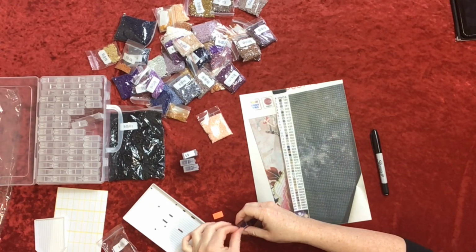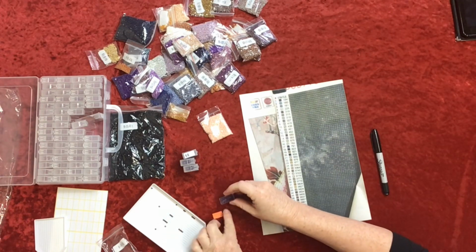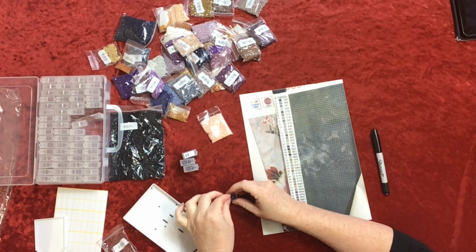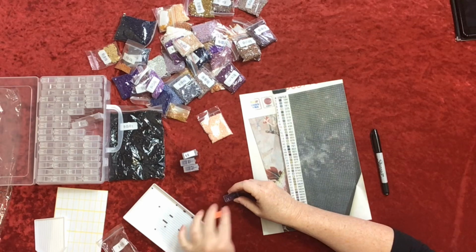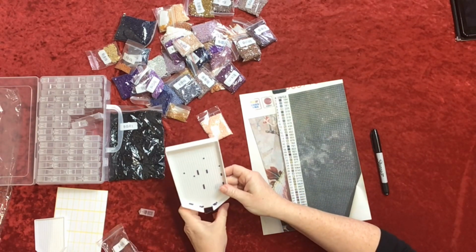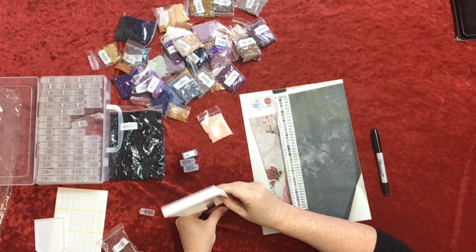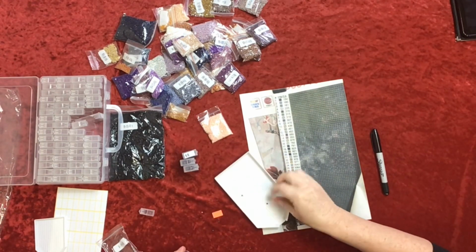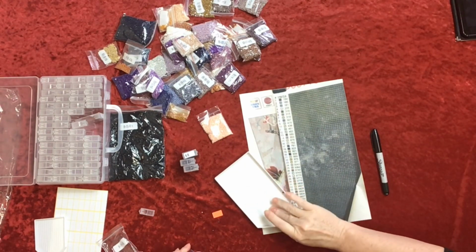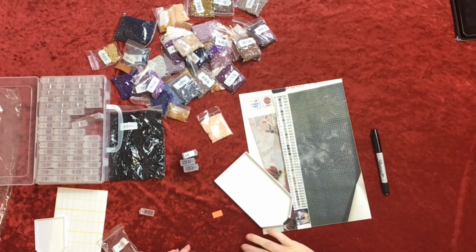Okay. This is not working with my current tools, is it? I normally don't have trouble with these trays, so...